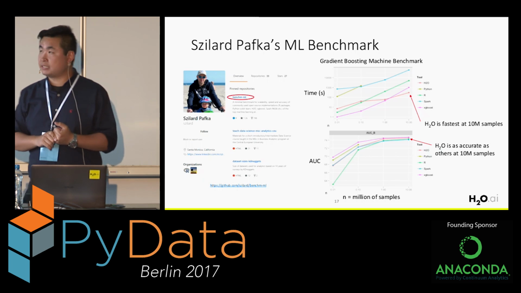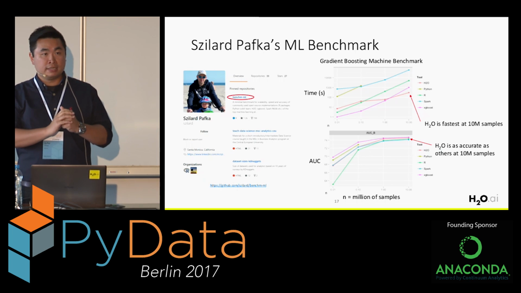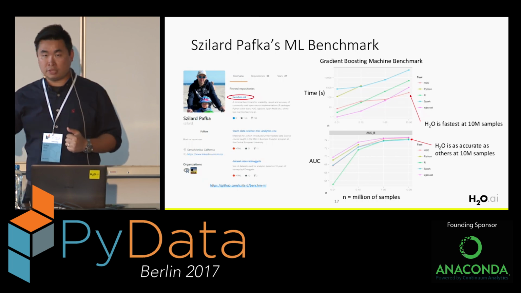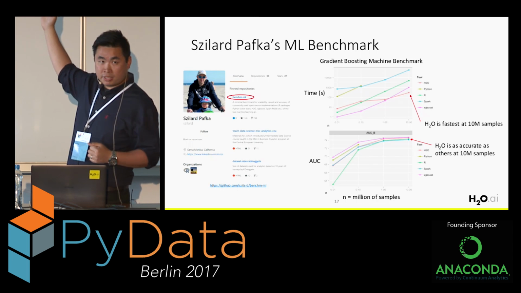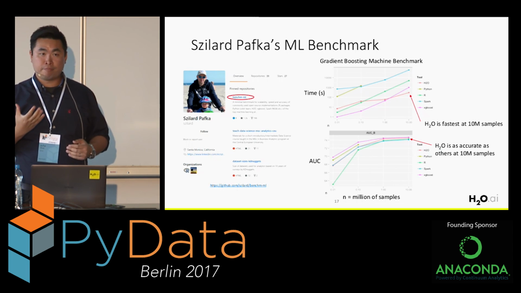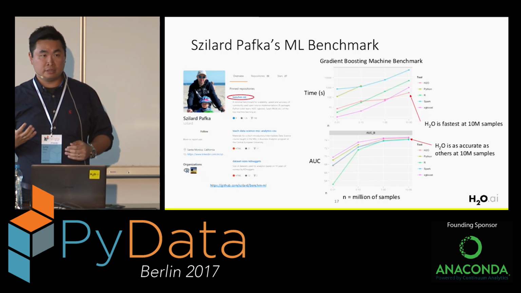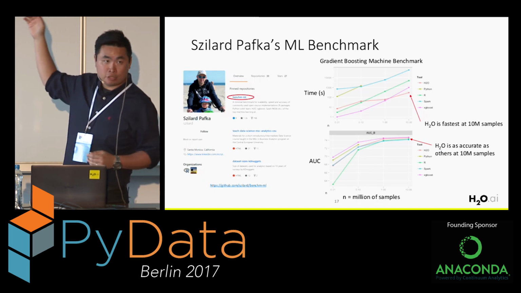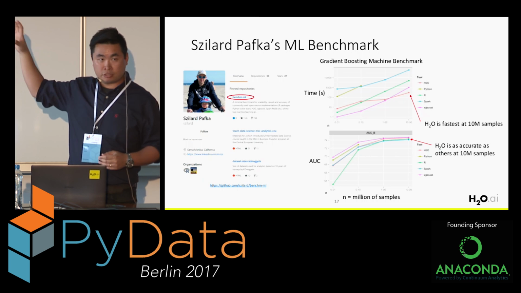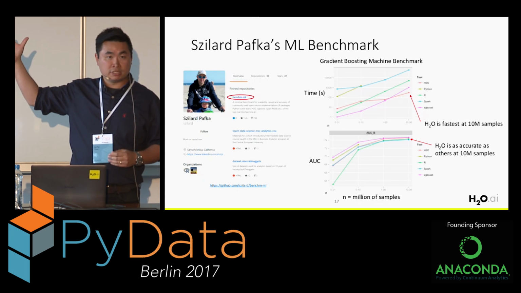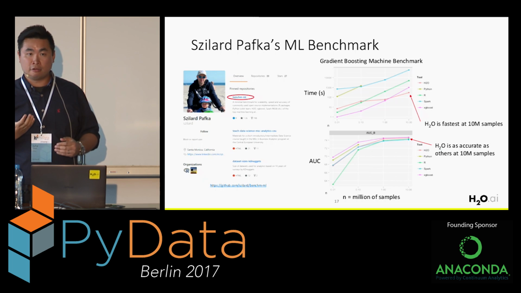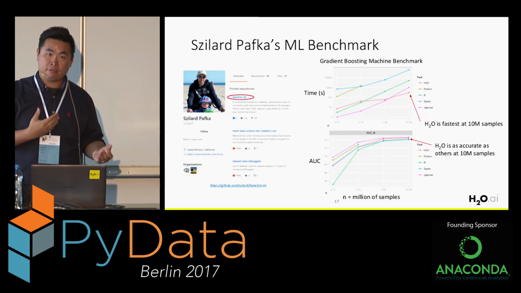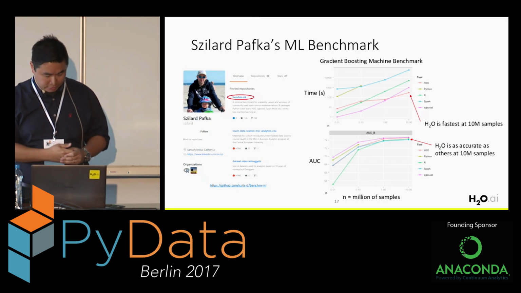One of the key points he found is that when you have bigger data, going from 10,000 data points or rows to 10 million, H2O is the fastest when you have big data. And we didn't sacrifice the performance. In this case, we're using AUC, the area under curve, as a metric to measure the performance. So we didn't sacrifice performance for speed. This is one of the reasons why you may want to try H2O, because it's very high performance, scalable, and powerful when you compare it to other implementations of the same algorithms.